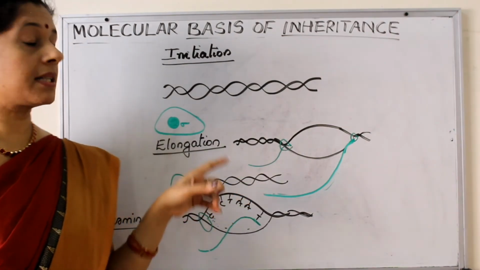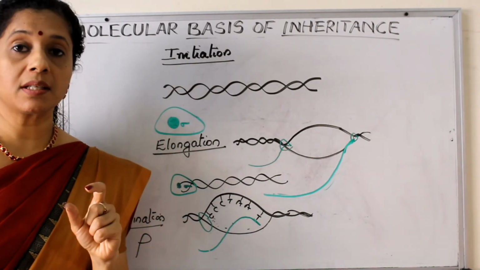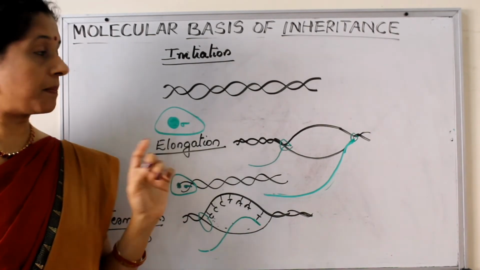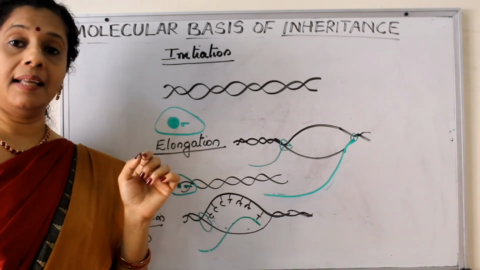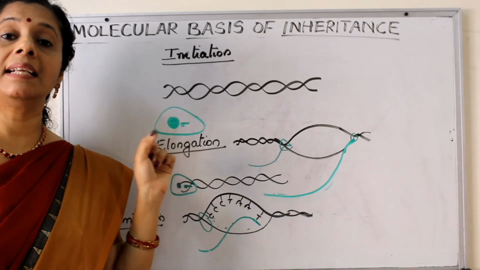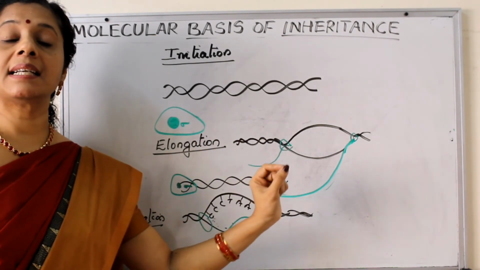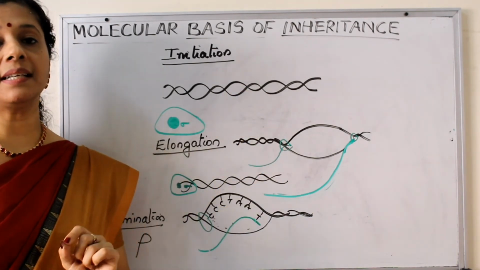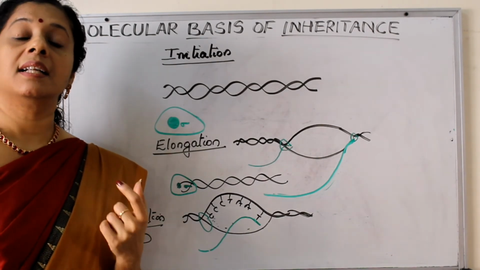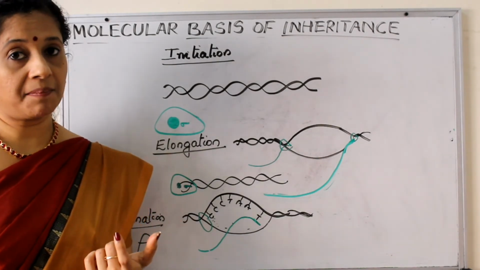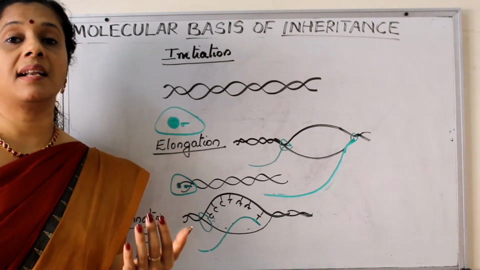There are 3 stages for transcription. Initiation, where the RNA polymerase enzyme binds with the sigma factor and initiates the process. Then elongation, the same enzyme will unwind the DNA and add ribonucleotides in a template dependent manner to produce the new strand of RNA, and this will elongate till it reaches the termination site. Then the last stage is termination. On reaching the termination site, the enzyme binds with the Rho factor. As a result, the RNA polymerase dissociates and also the nascent RNA falls off.